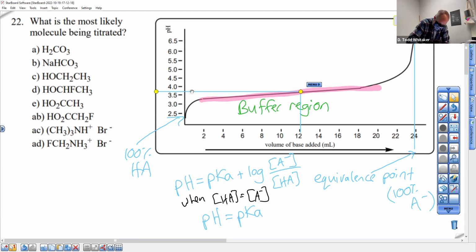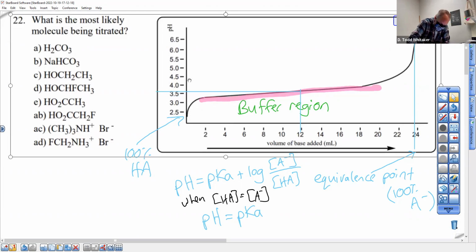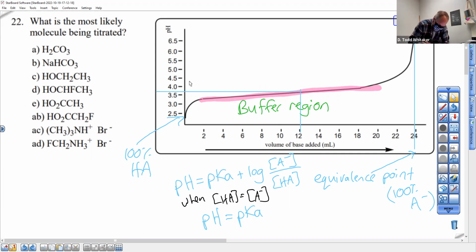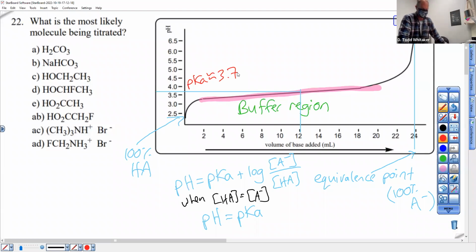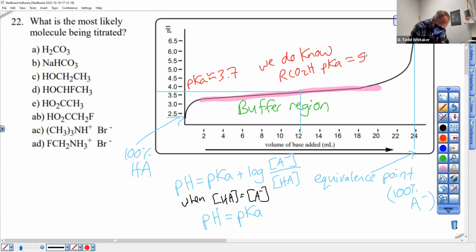So what's the pKa of this acid? Don't move my graph after I did all that hard work. pKa roughly 3.6, 3.7. We don't know any pKa 3.7, but we do know RCO2H, pKa equals 5 if R, and this is perfect with our first video, has